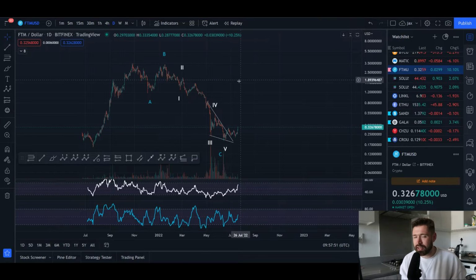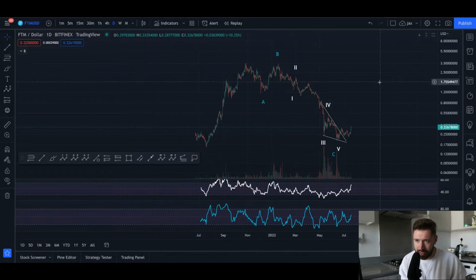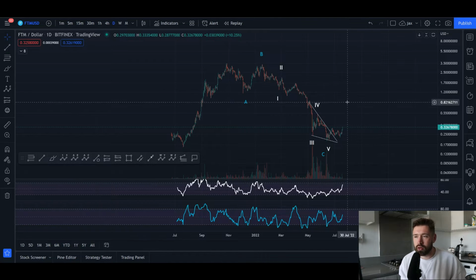We're going to start here on the daily. Now, please remember that this is my analysis, and Elliott Wave is subjective to the person who is doing the analysis. So just take it with a grain of salt. In my opinion, we've gone through a massive ABC correction, and we may have already completed a 5-wave structure